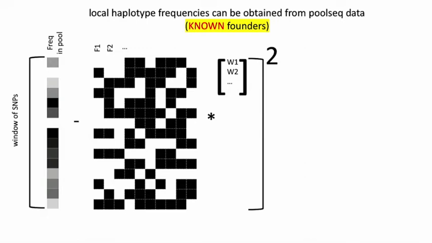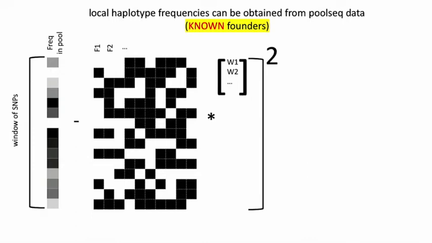Then for each of our founders, we know the haplotype in this window, and they're black and white because they're fixed for either the reference allele or the alt allele. This is just a linear optimization problem where we take the difference between the frequency of this vector of SNPs in the pool minus the frequency of each haplotype in the founders times a set of weights, where the weights are the frequency of those founder